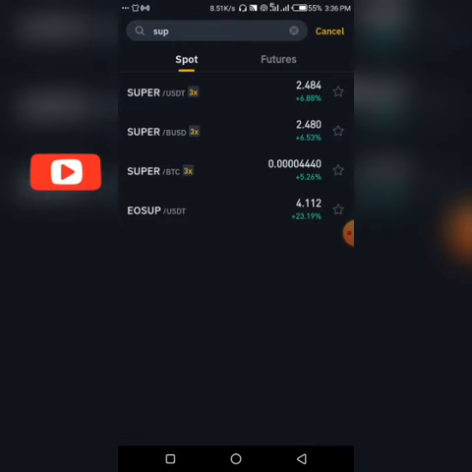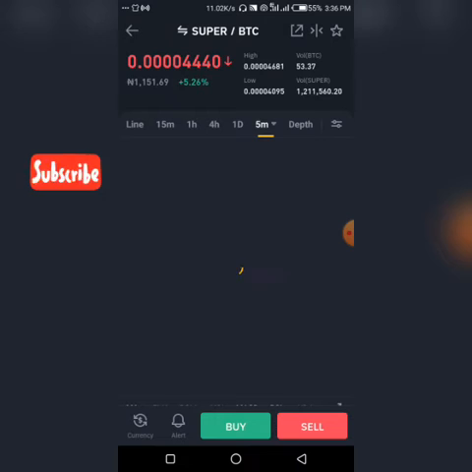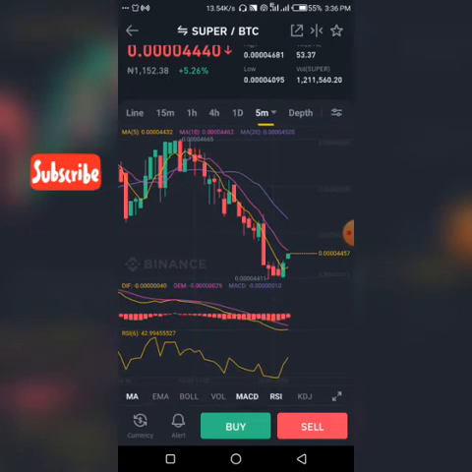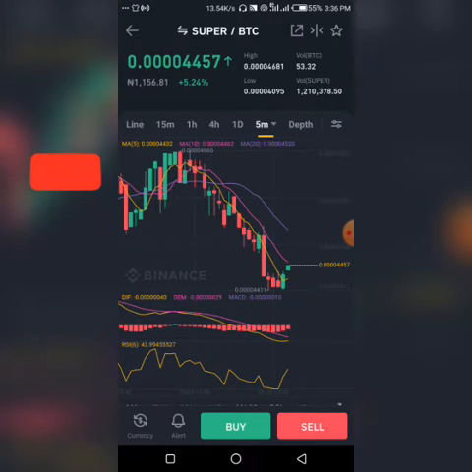So at least you now know how to identify if a coin is pegged to BTC or USDT. So for instance, they say we should buy around 4,300 to 4,500. As you can see, it's 0.00004000. So now I want to click on buy. As you can see, this is the